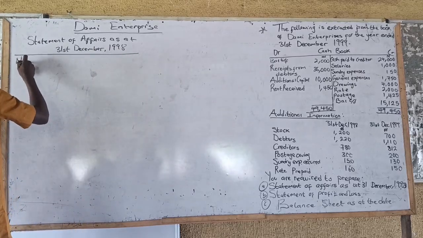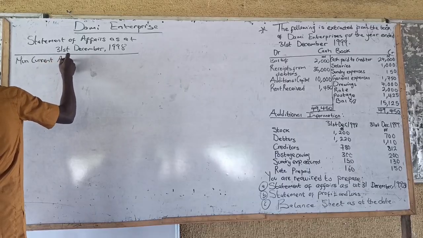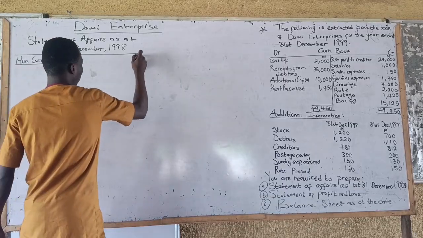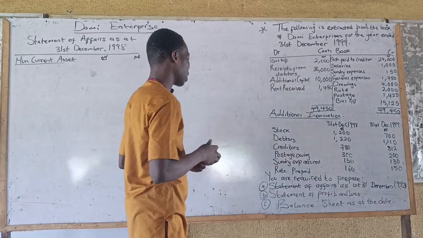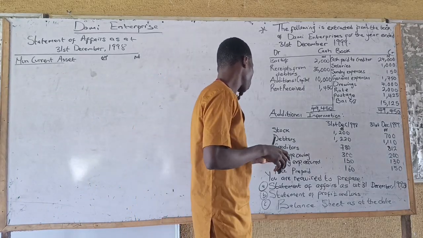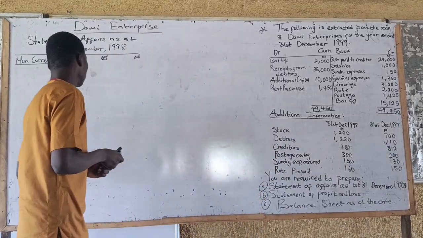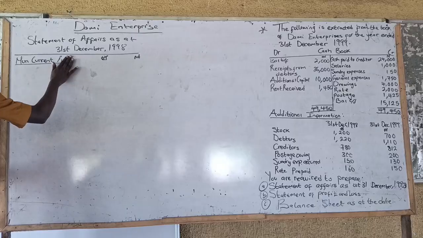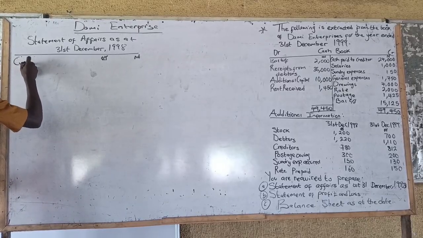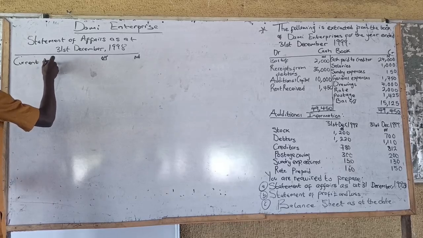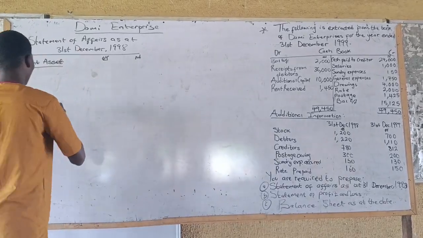So we are starting with our non-current assets. And the currency is Naira, right? Do you have any non-current assets? We have stock, we have debtors, we have creditors. So no non-current assets there. Then we'll start with current assets. So we have stock,